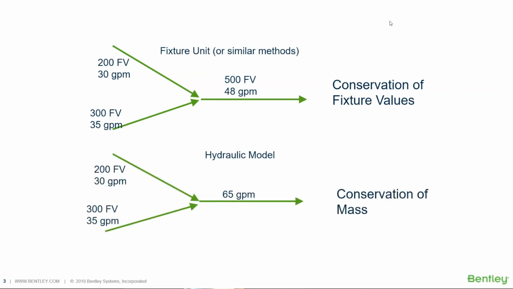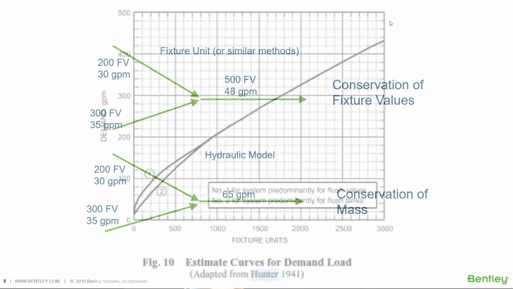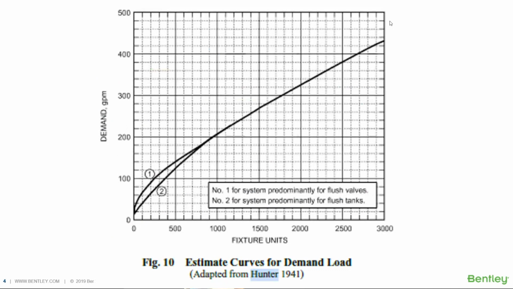And I'm going to be talking about hydraulic models, which are based on conservation of mass, where when you add up two flows, they add up to be equal, as opposed to fixture unit methods, which decrease the flows a little bit as you go downstream because of the probability of multiple fixtures being run at the same time. So we have two really different approaches. So this month, we're going to be talking about conservation of mass, and we're not going to mention the Hunter curve anymore, which was one of the main topics of last month's talk.